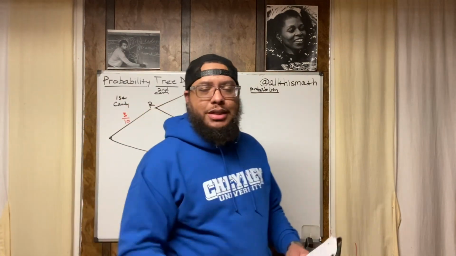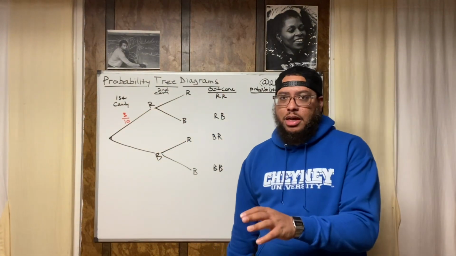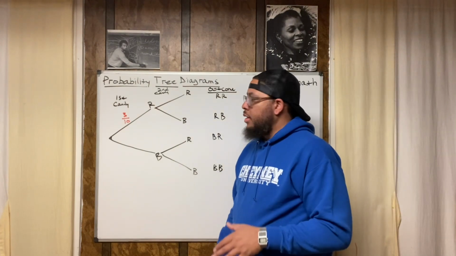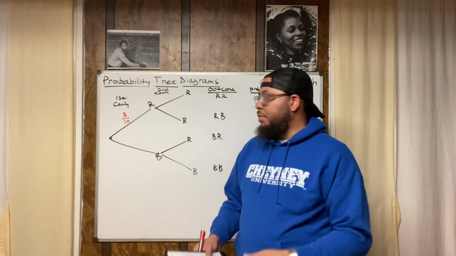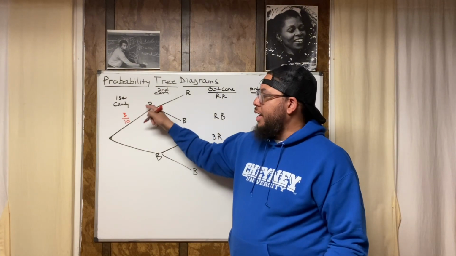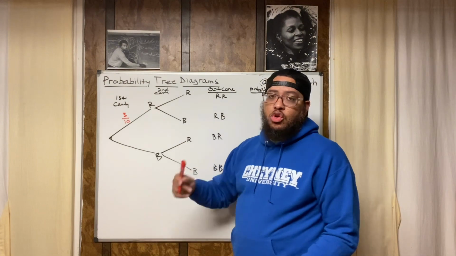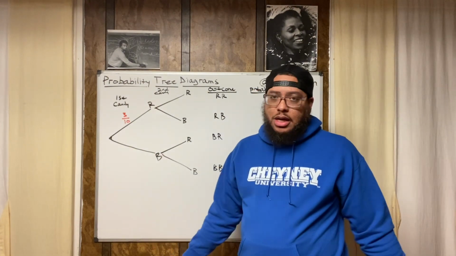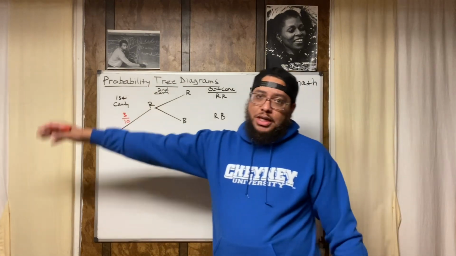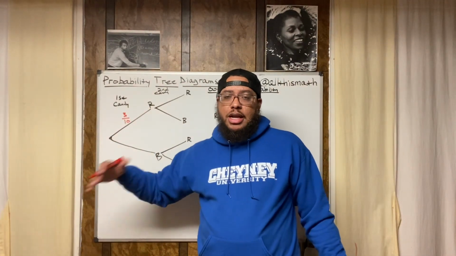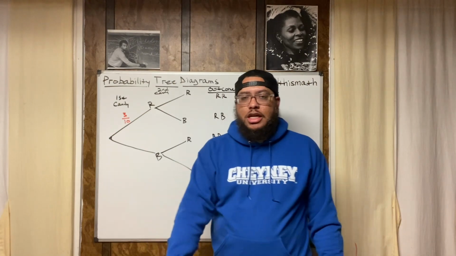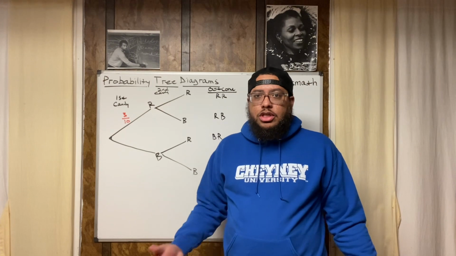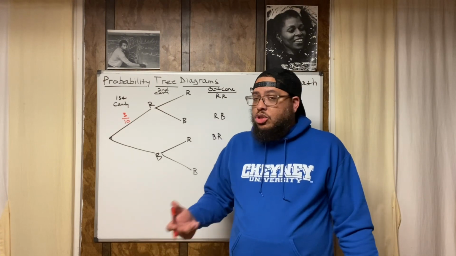Because there's replacement. This is where the point about replacement comes into play. Since she's replacing the candy, she's putting it back in the bag, the probability is not going to change. Since she's putting this piece back in the bag, it's still going to be 10 pieces of candy in the bag, and it's still going to be 3 red pieces of candy in the bag. Now, if she wasn't replacing it, that would change the next probability. If she takes a piece of candy out of the bag and it used to be 10 pieces in there, now it's only 9 left, because 10 minus 1 is 9.